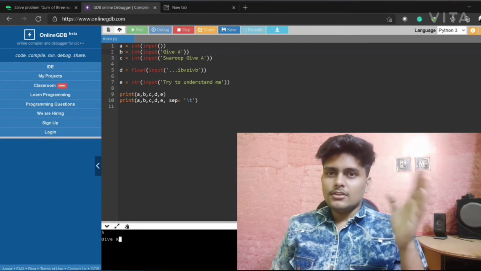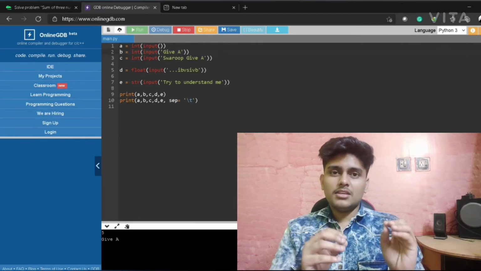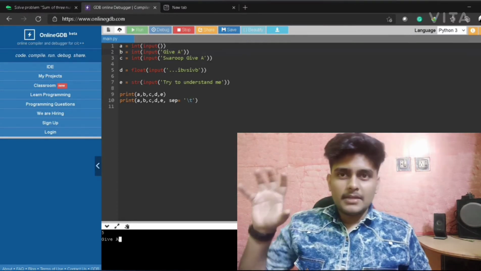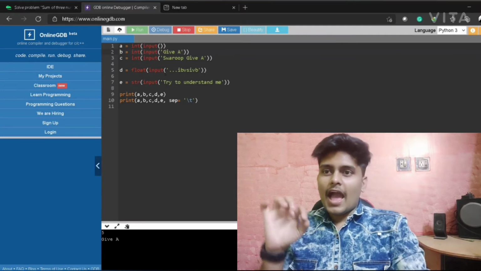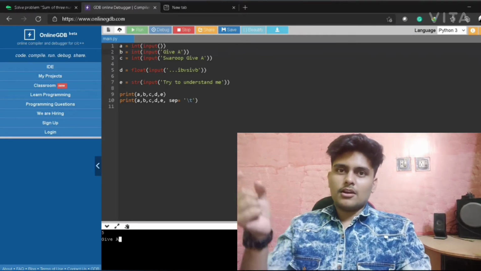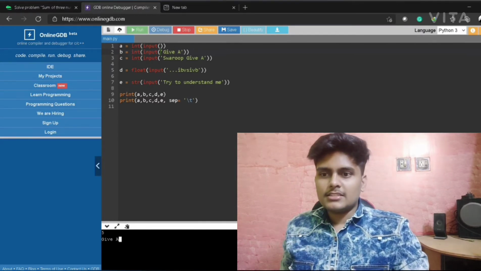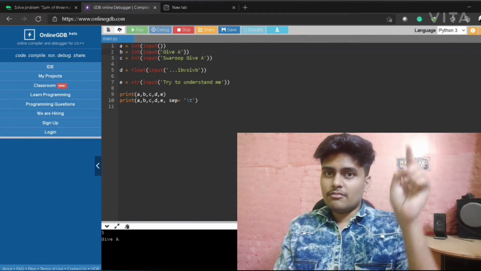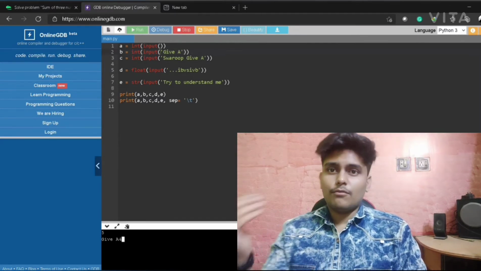So what does give a mean here? It's asking the user to give input for b. It's not asking for a, it's asking for b only, but I have given that message which should be printed before asking for the b value, which is give a. So it will ask for b, and it's also an integer. You can see int of brackets I have given, so I will give an integer like 5, next 4.